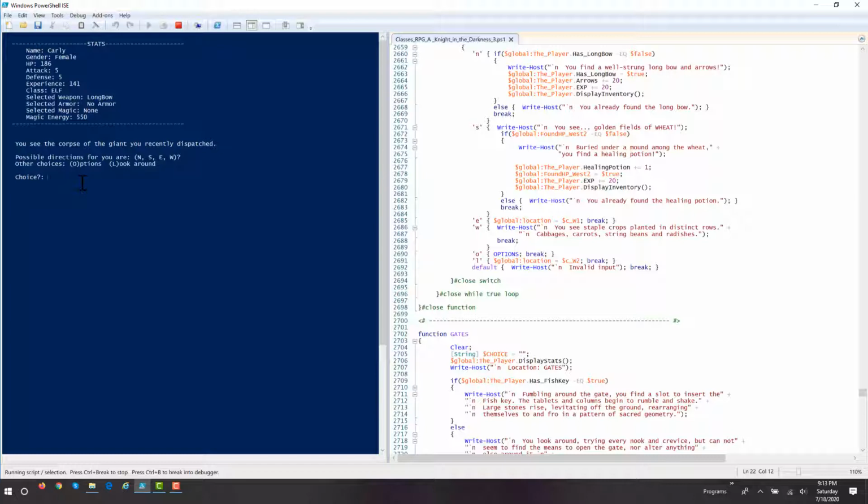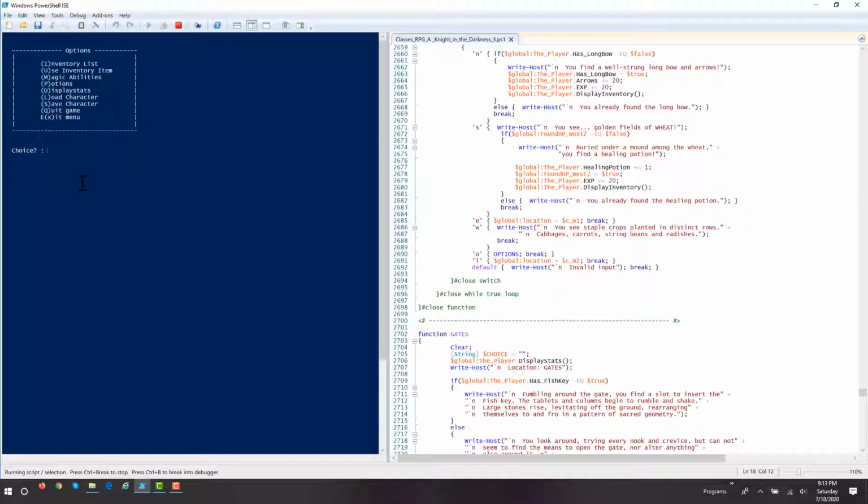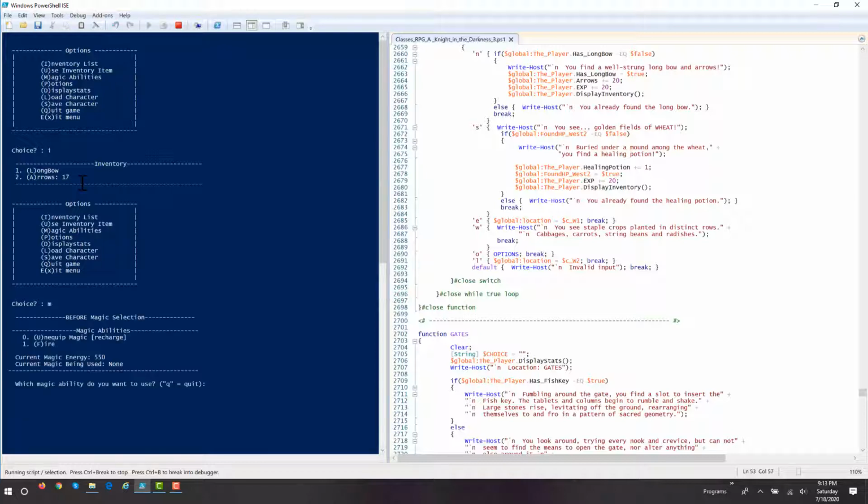And in this case, let's look at my options and in my inventory list. So I used 3 arrows. I have 17 left. I still have my longbow. Let's look at my magic abilities. I finally have one now. I have fire. If I want to, I can equip that. So if I wanted to equip fire,